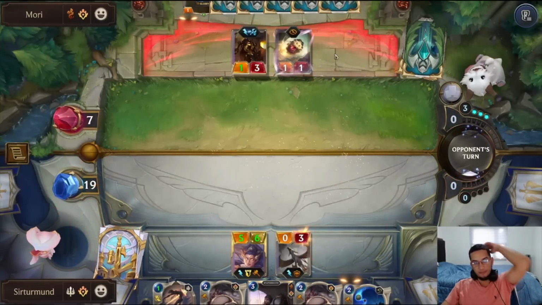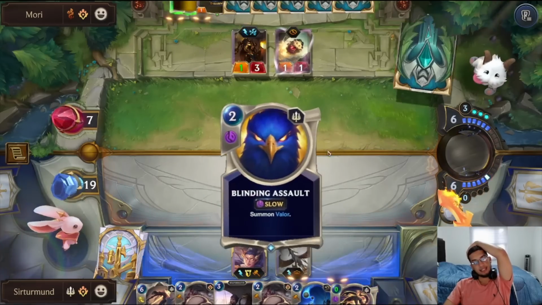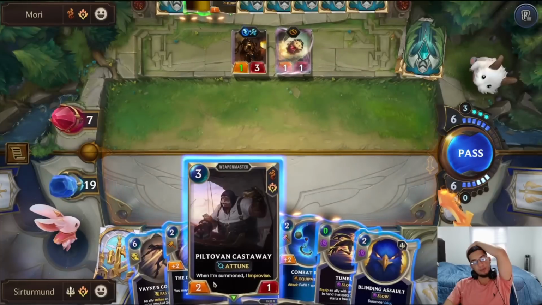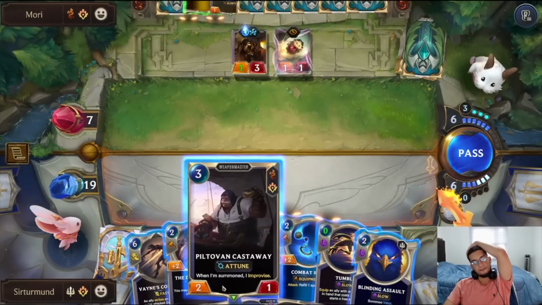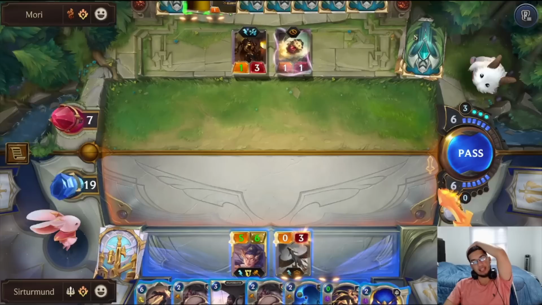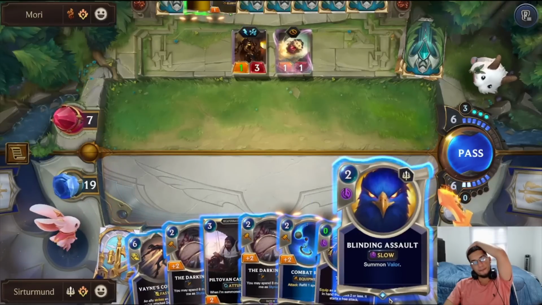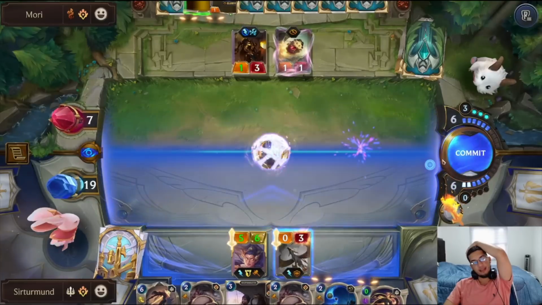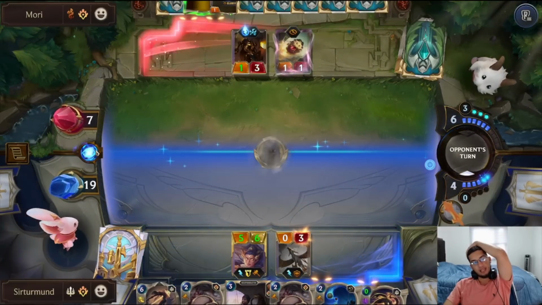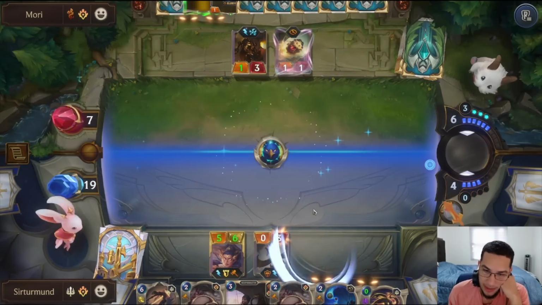Let's go Broadwind. Opponent has 9 mana. We can play Blinding Assault, or is this better? Castaway. Because the Blinding Assault just loses to any 1 damage thing, right? I guess we could do the Blinding Assault. Yeah, we should do the Blinding Assault and force the opponent to have a ping to kill